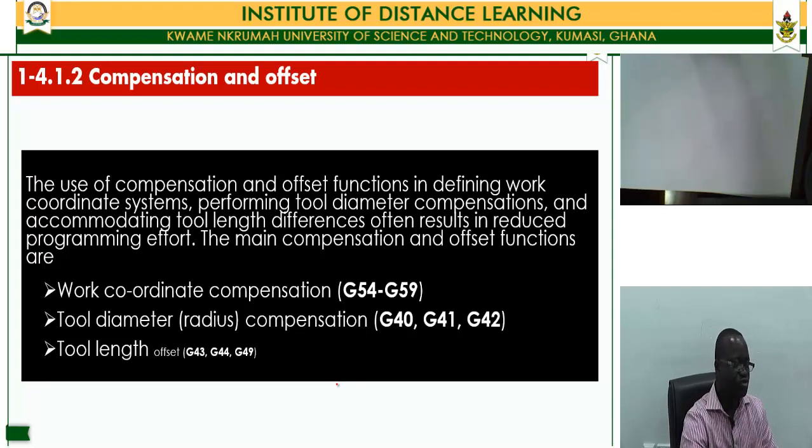So we move on to look at the next other thing that we're going to look at. After the basic programming commands, we look at the compensation and offset. Now, when we talk about compensation and offset, we use them in defining the work coordinate system. Sometimes we can perform what we call a tool diameter compensation, and that is accommodating the size of the tool